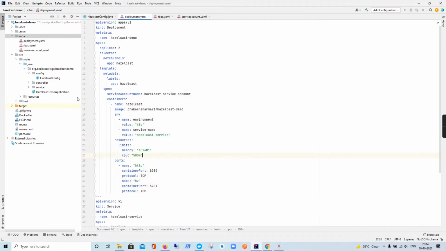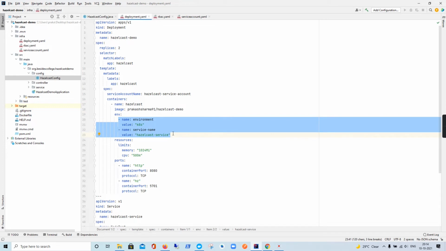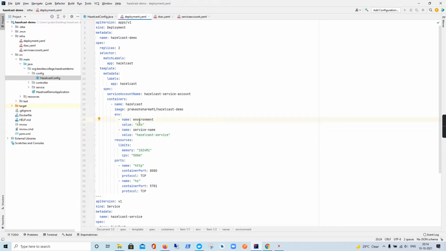We will see this in action, or we'll understand it better when we write the HazelcastConfig.java. The container that we are deploying in our deployment file is basically hazelcast-demo, which we have just built in our previous videos. And we are supplying two environment variables that we want to have access to in our application. One of them is environment, basically just to know whether the current deployment is in a Kubernetes cluster or just a standalone deployment.